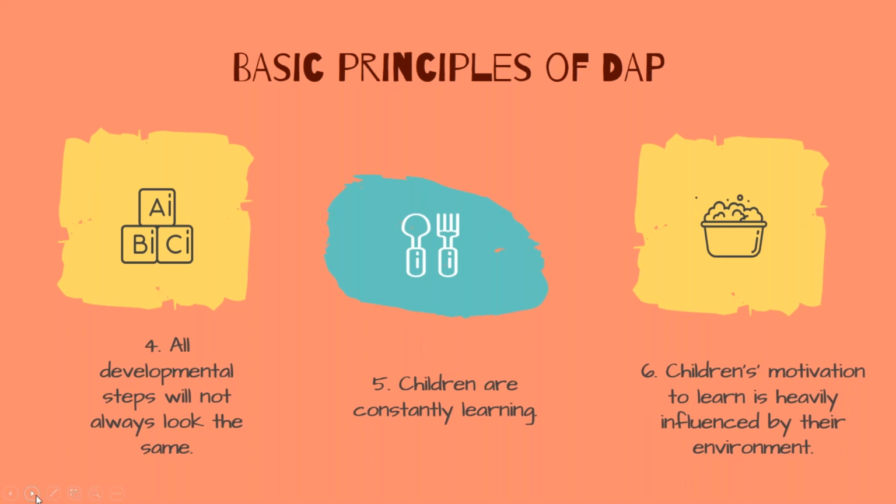Children are active learners from birth, constantly taking in and organizing information to create meaning through their relationships, their interactions, their environment and their overall experiences. Number 6, children's motivation to learn is heavily influenced by their environment. Their motivation to learn is increased when their learning environment fosters their sense of belonging, purpose, and agency. Curricula and teaching methods build on each child's assets by connecting their experiences in school or learning environment to their home and community settings. And number 7,